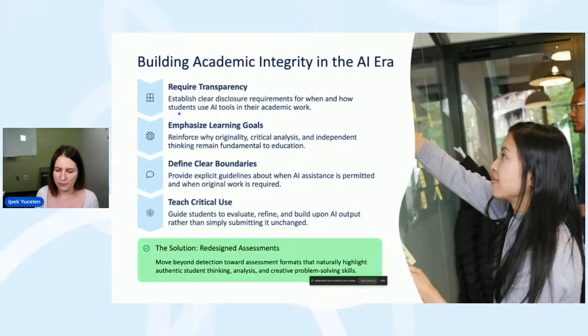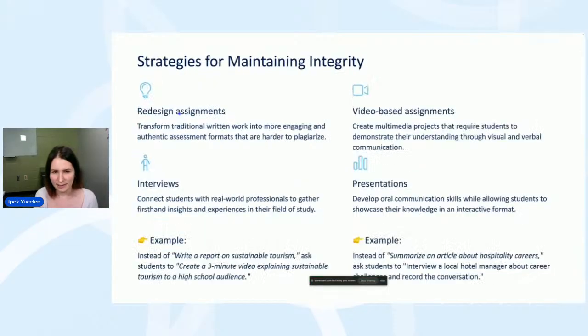So if we want to improve their creativity skills, interpersonal skills, or leadership skills, we need to come up with different assignments. We need to think about more creative assignments than the traditional assignments we are giving out to our students. And here I'm going to tell you some of those assignments you can assign to your students in your classes.